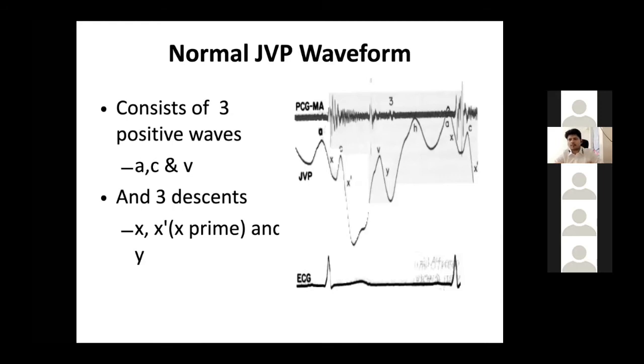Now, after a Y descent, there is a wave which is known as a diastasis. So we know that the early filling, in the cardiac cycle you would have heard, is a diastasis. So the early filling is what produces the Y descent. And that is why in constrictive pericarditis, where the early filling is not affected, you get a prominent Y descent. And in cardiac tamponade, where even early filling is hampered, you get an absent Y descent.